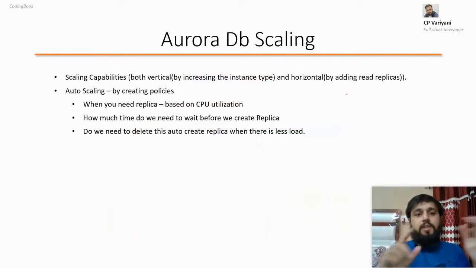For DB scaling capability, you can achieve both vertical and horizontal scaling. Vertically, let's suppose before you start your database development, you decided there will be just a small number of users. You purchased a small machine, but later your load increases. You do not need to worry; you can easily update the configuration and upgrade to serve more users, for example from a medium to a large instance. Similarly, you can scale horizontally. That means you can add replicas, which we add to increase read performance and achieve high availability. Auto scaling by creating policies is a really important feature.